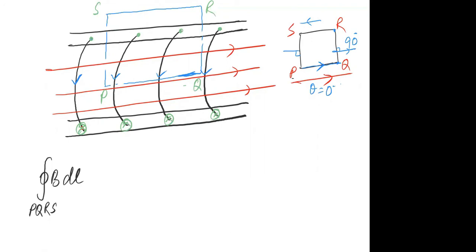But for me, solving this is easier. Why? Because this angle is changing only at 4 points. But in the case of circular loop, the angle was changing at every point. Try to understand. The angle was different here, here, and here. At every point of the circular loop, the angle was different. So you were supposed to integrate that. But here we don't want to integrate. We can add these 4 quantities differently. We will find the line integral of PQ individually, QR individually, RS individually, and SP individually, and we will add them up.